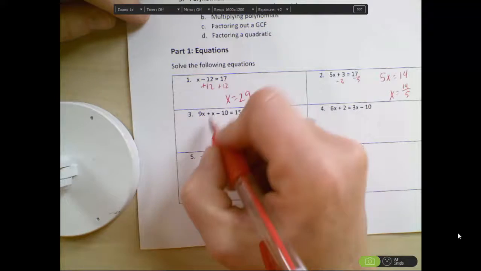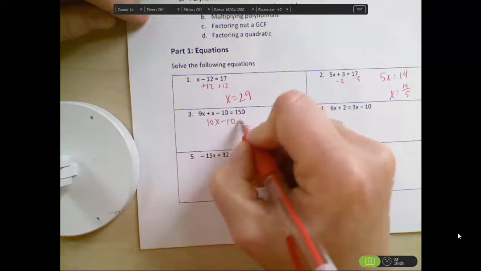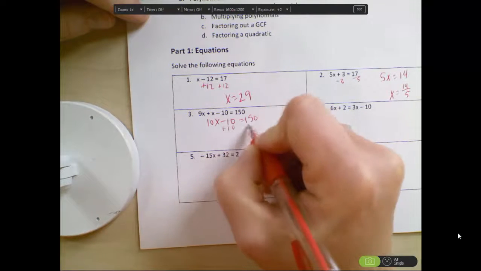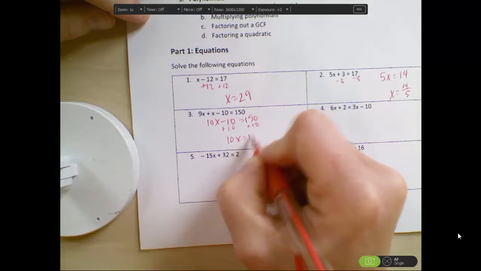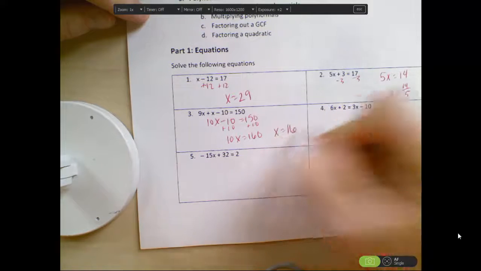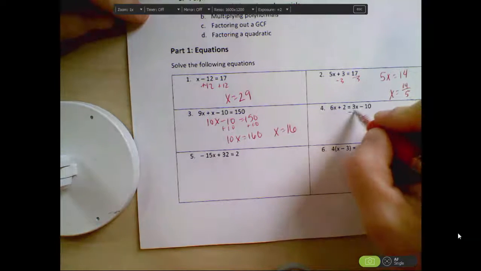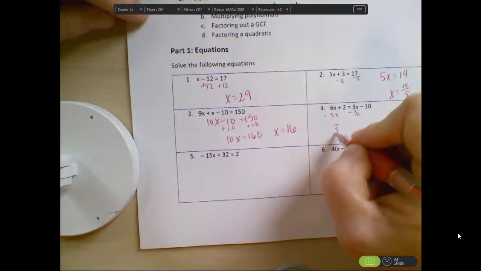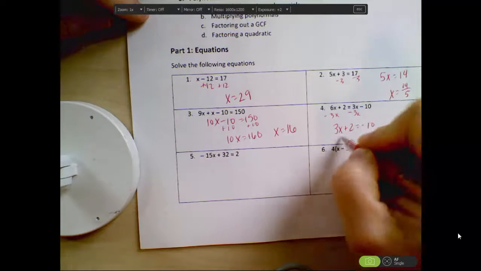Here, you're going to combine like terms first, then add 10, and then divide by 10. X equals 16. Here, we move the smaller x first, and then subtract 2,